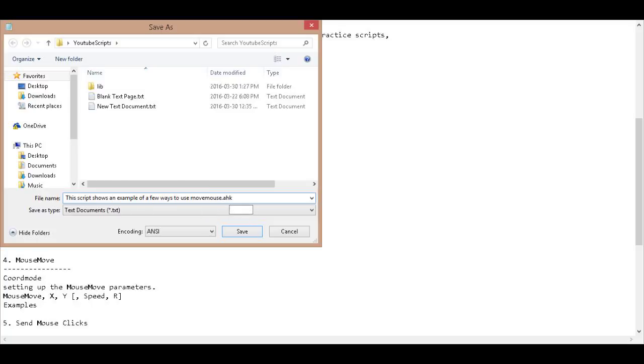So I can have it 112.ahk. That's a script. But what about 6 months from now when I want to find something? An example of how to find, like, let's say the pixel under my mouse cursor. What if I had a program that I already had written and gone through a bunch of examples of how to use that? Now, because I named it 112, how am I going to find it? I can't find it. Likewise, if I just said pixel get color or find the color of a pixel,